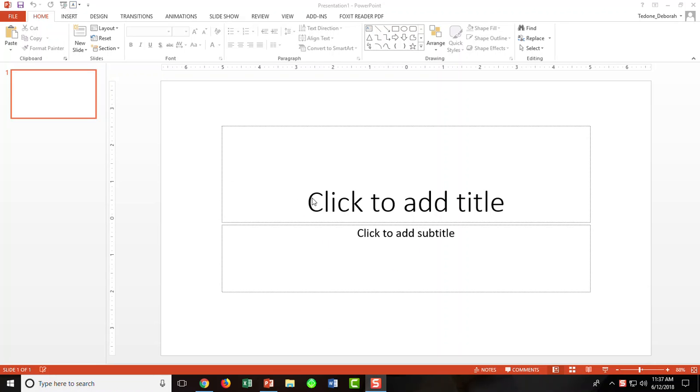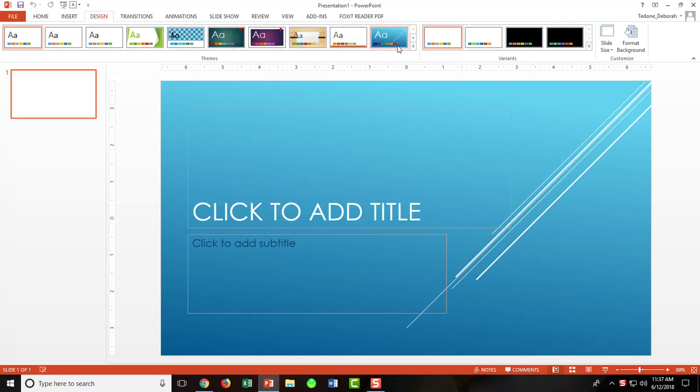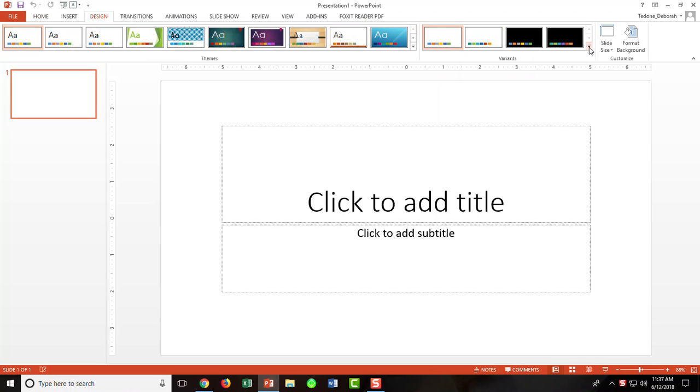What you need to do before you start adding any kind of verbiage to your presentation, you're going to want to assign a design to your presentation. So go to your little design option up here. Click on it, and right here you'll see all kinds of different designs you can choose from. And if you use your little down arrow, that will show you,